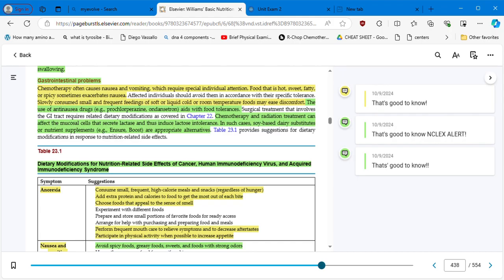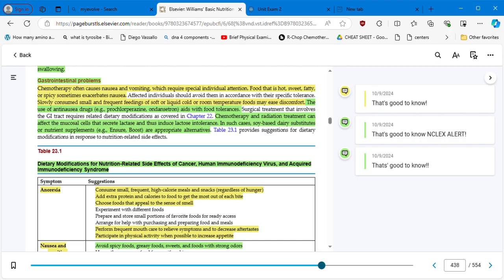Slowly consume small and frequent feedings, or soft or liquid, cold or room temperature food may ease discomfort. The use of anti-nausea drugs like your ondansetron, your Zofran, right, aids with food tolerance. Chemotherapy and radiation treatment can affect the mucosal cells that secrete lactase and thus induce lactose intolerance. In such cases, soy-based dairy substitutes, and make sure it's organic soy-based, or nutrient supplements like Ensure and Boost are